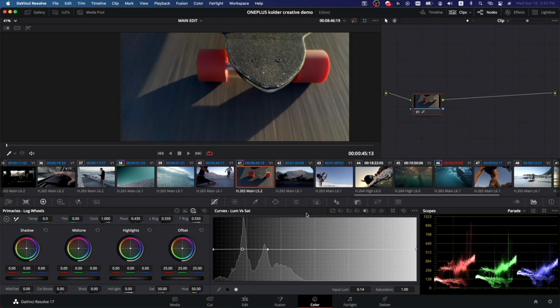Now, next to luminance versus saturation, we have saturation versus saturation, and then we have saturation versus luminance, which all do similar types of things. They allow us to select very specific parts of our image, whether that's saturation or luminance, and just manipulate those aspects of our image. So all of these are very powerful tools, and I definitely recommend that you go in,